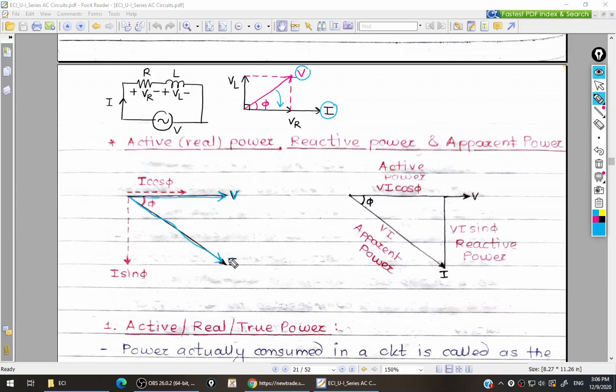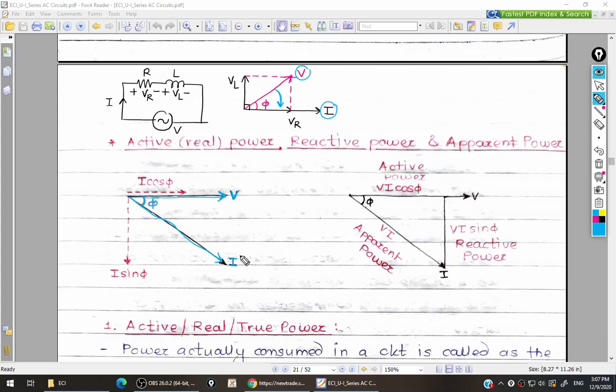So this is the phasor diagram of current. What I have done is just rotate this phasor diagram of voltage and current. Initially voltage was inclined and current was horizontal. Now voltage is horizontal and current is inclined, and the angle between them remains the same, and that angle is nothing but angle phi. Now voltage is already on the horizontal axis, but current is neither on the x-axis nor on the y-axis.